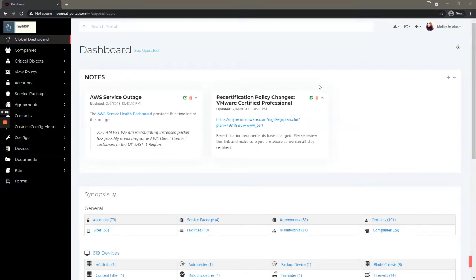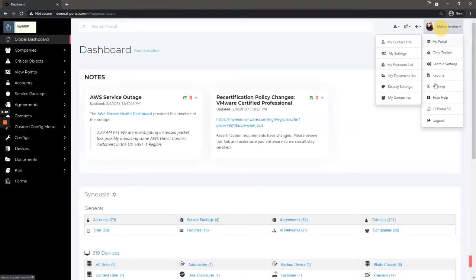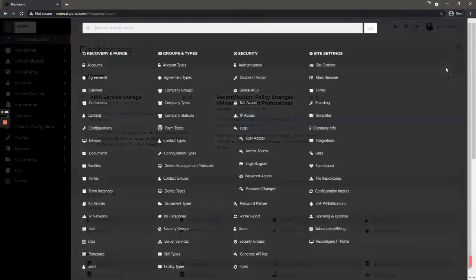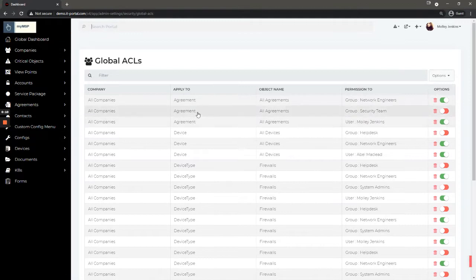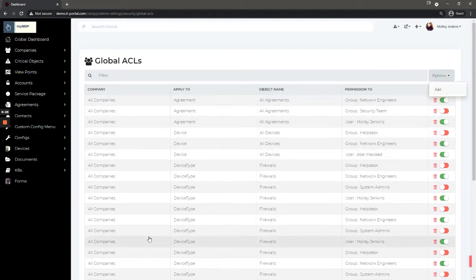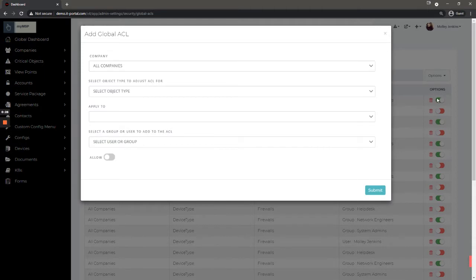In this video, we'll talk about access controls in the portal. If we go to Admin Settings, to Global ACLs, this is where you set the global level access controls. There are also company level access controls and individual object level access controls. So from here, if I wanted to add one at the global level, I do the options drop down to